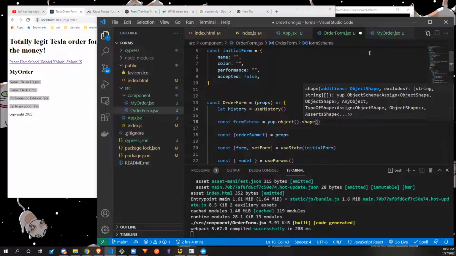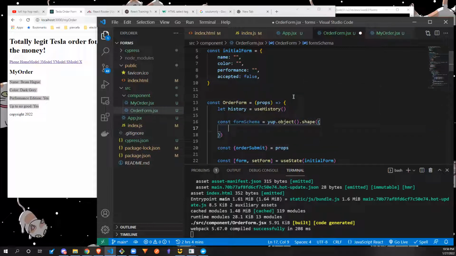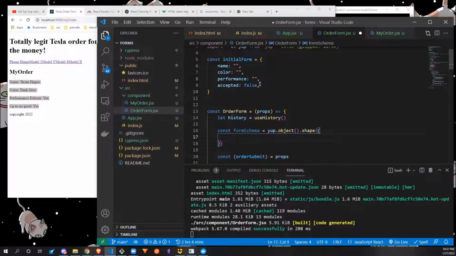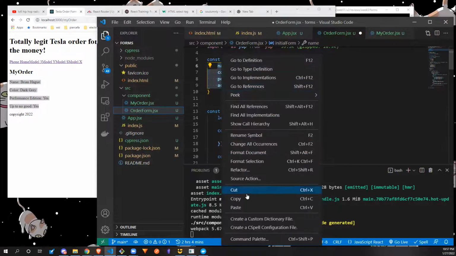So yup object shape. And then inside of shape, we're going to put in an object. What this is doing is saying that yup is expecting an object and it's shaped like this, more or less. I'm sure it does more, and other people would probably start to argue with me about it. But basically, we have